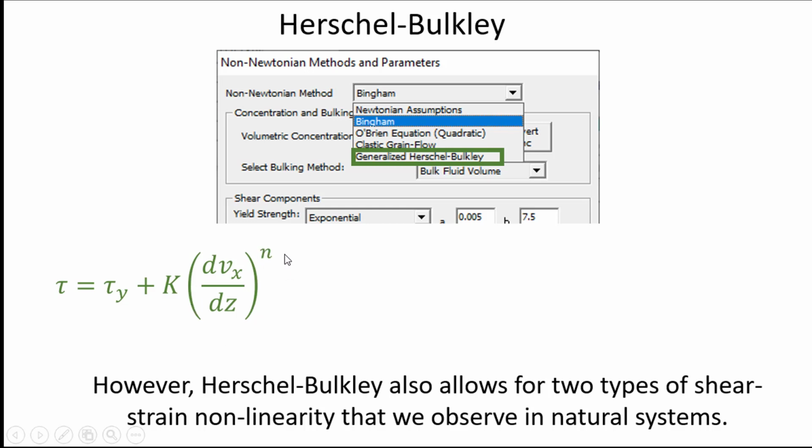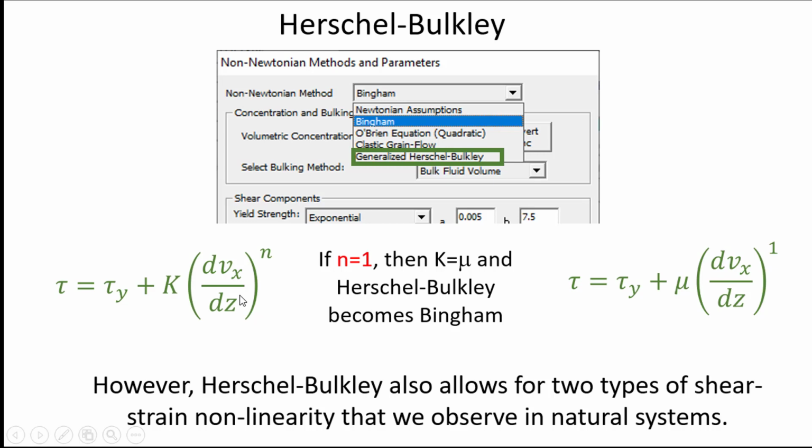And so if you have a sense of what these are, if you know that your material is dilatant and has a power less than 1, you can go parameterize this and be very precise about it. Lab studies like to do this. I've never used this in the field because how do I know? How would I know if it's dilatant? If this is a power of 1.5, well, this is no longer viscosity, and so I'm outside of anything physical. I've used this for lab studies who have measured these, but I haven't actually used them in the